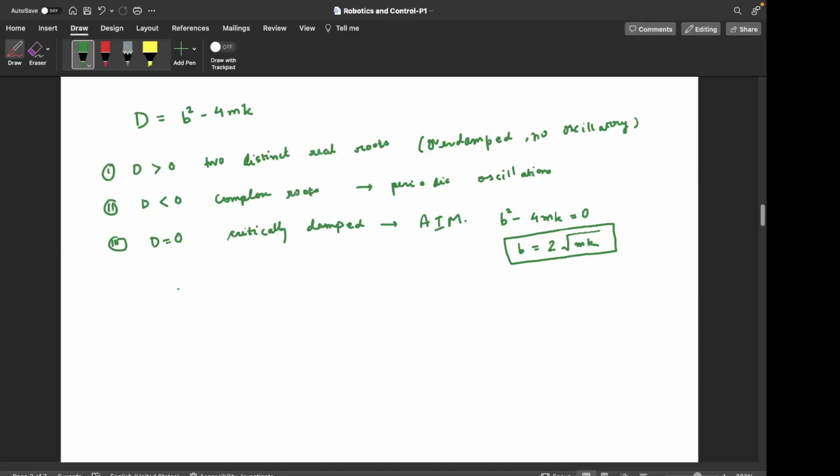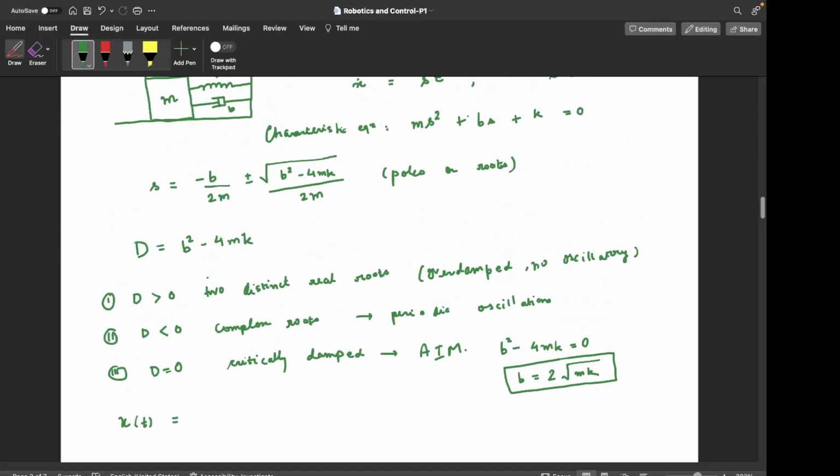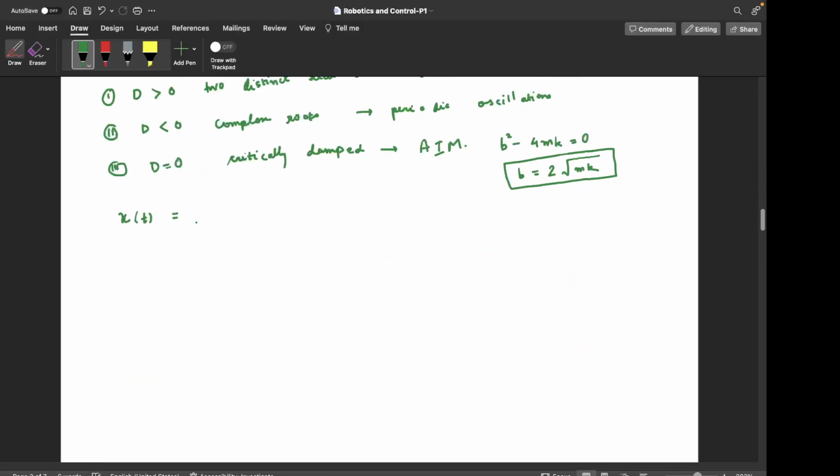Now the response is basically given by, so I should write here s1, 2, right? So the response basically is given by c1 e to the power s1 t plus c2 e to the power s2 t. Okay,